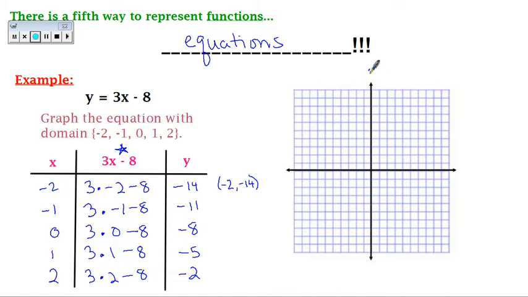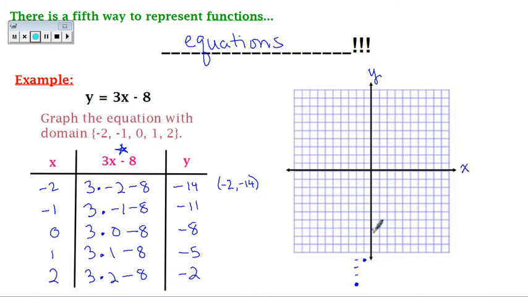So in order to do this, we want to label our y-axis and x-axis always first, and then we're going to go to the left 2 and then down 14. Now unfortunately our grid only goes down to 10, so all we would do is just extend this grid by drawing more grid marks going down, and then we graph that point on the -14 grid mark. And we do the same thing for -11, so to the left 1 and down 11, we only go down 10. We put that grid mark right here, so we're going to put the point right next to it,